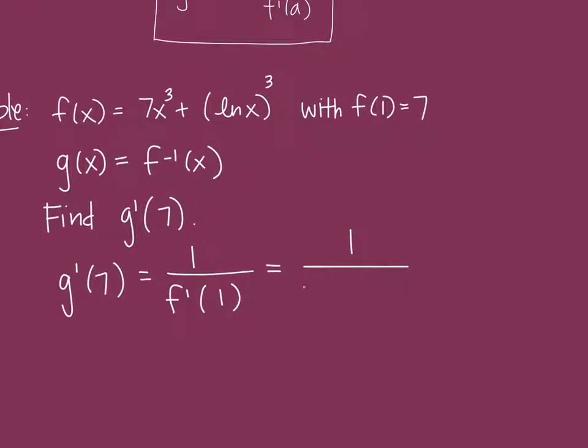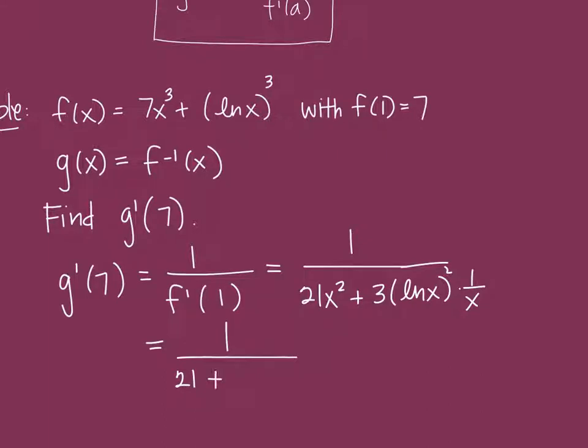So the derivative of f is 21x squared plus 3 times the quantity ln of x, quantity squared, times the chain rule of 1 over x. And I would like to find that at the particular value of 1. That's where on a multiple choice people will get tripped up, is that they'll try and plug in the number 7. The number 7 evaluated in the inverse is the same as evaluating the number 1 in the original derivative. So this will be 1 over